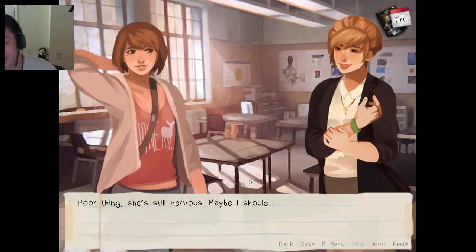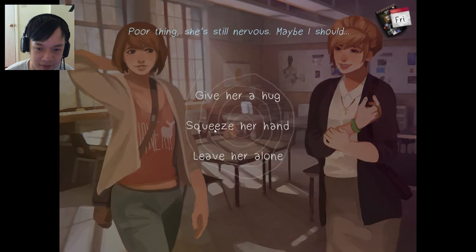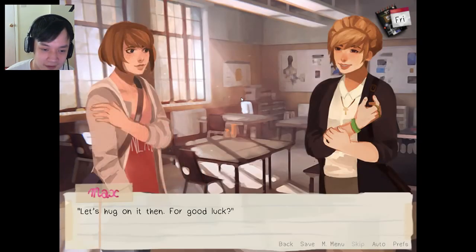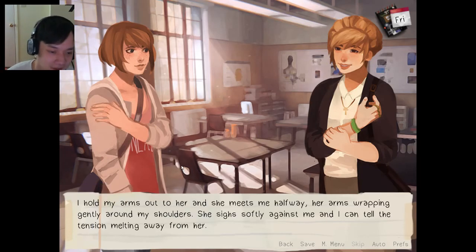M-Dog. Poor thing, she's still nervous. Maybe I should give her hugs. Leave her alone. Breathe her in. Where's the kiss option, damn it? Fine. Hug. Let's hug it. Let's hug on it then. For good luck? I hold my arms out to her, and she meets me halfway, her arms wrapping gently around